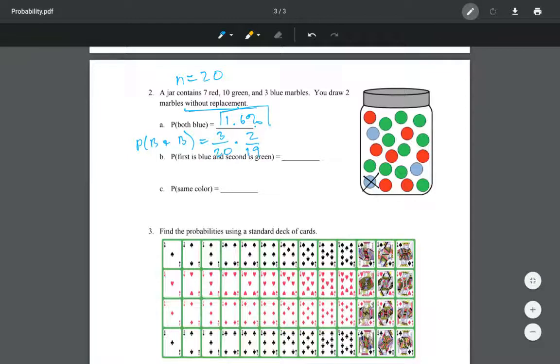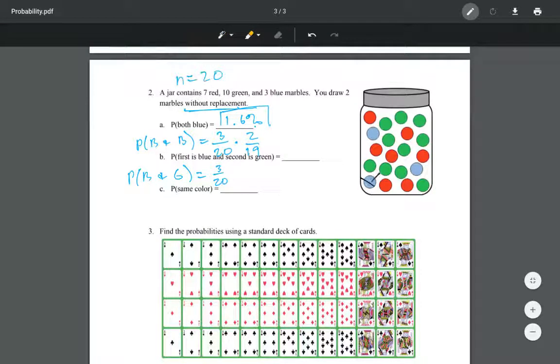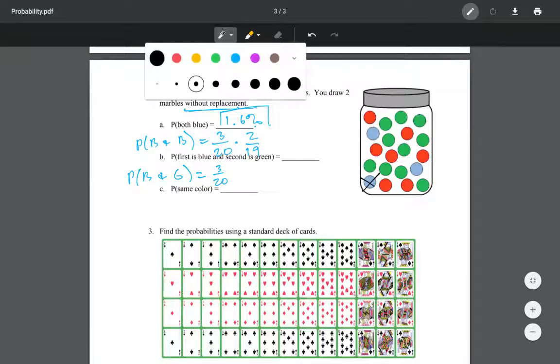Okay, so now I want to know what's the probability that the first one is blue and the second one is green. Let me get rid of my X's here. So I want the first one to be blue. So the probability of blue for the first and green for the second. Okay, so the first one is the same, actually. There are 3 greens out of the 20, so 3 out of 20. I am going to get rid of a blue this time. So for the second one,